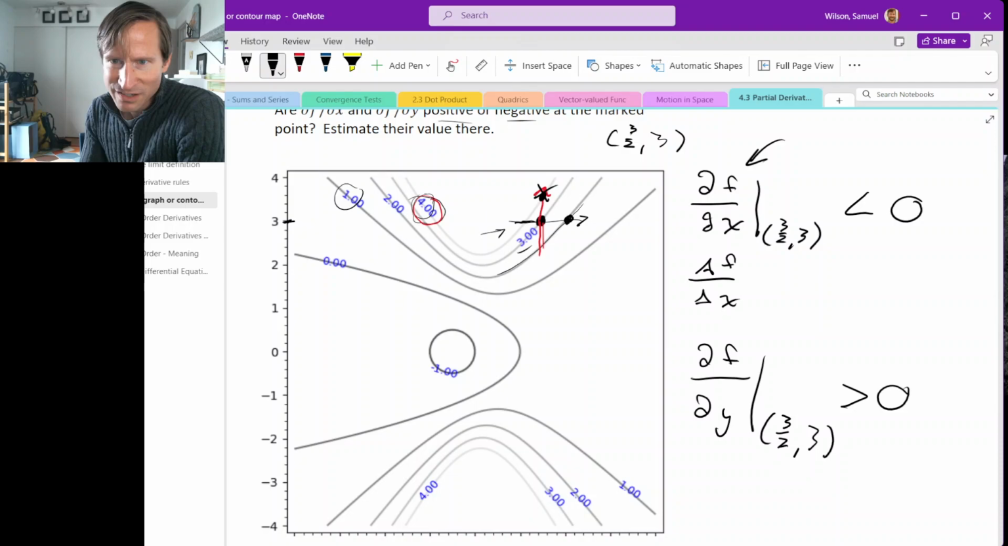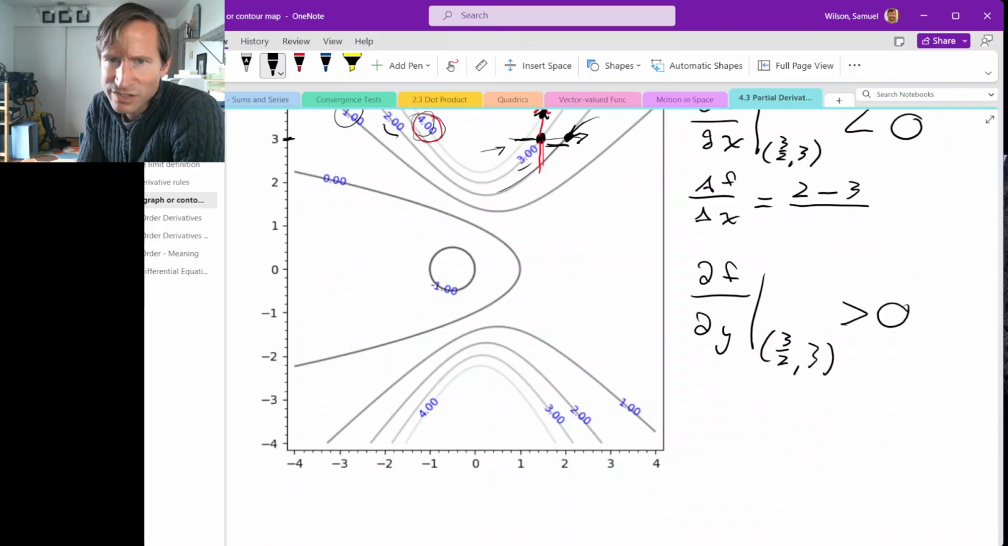So the value of the function at our ending point is, right, that's on the contour 2, so 2. The value of the contour that we started on was 3. And then we have to divide by how far we moved in the x direction. So if I scroll down a little so you can see the scale markings, it looks like this horizontal distance is maybe about a half, right? Just estimating very roughly. Okay, so we get minus